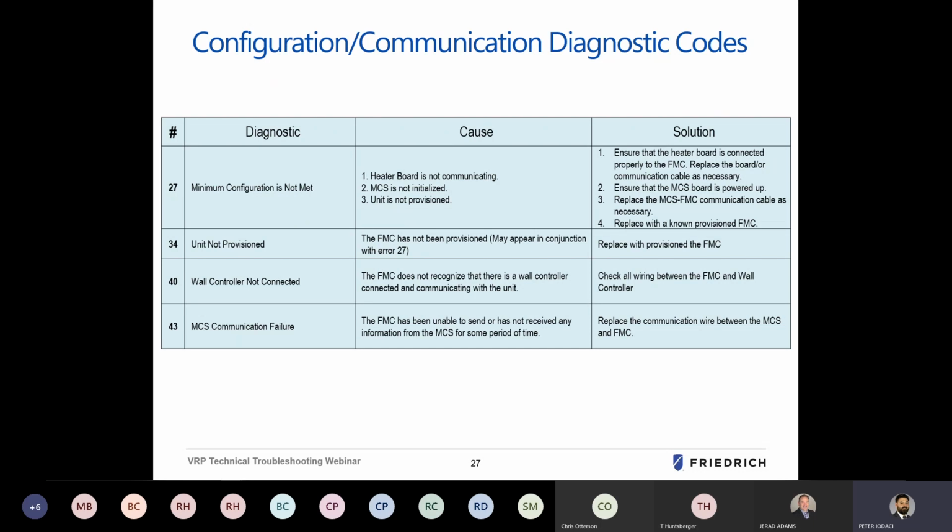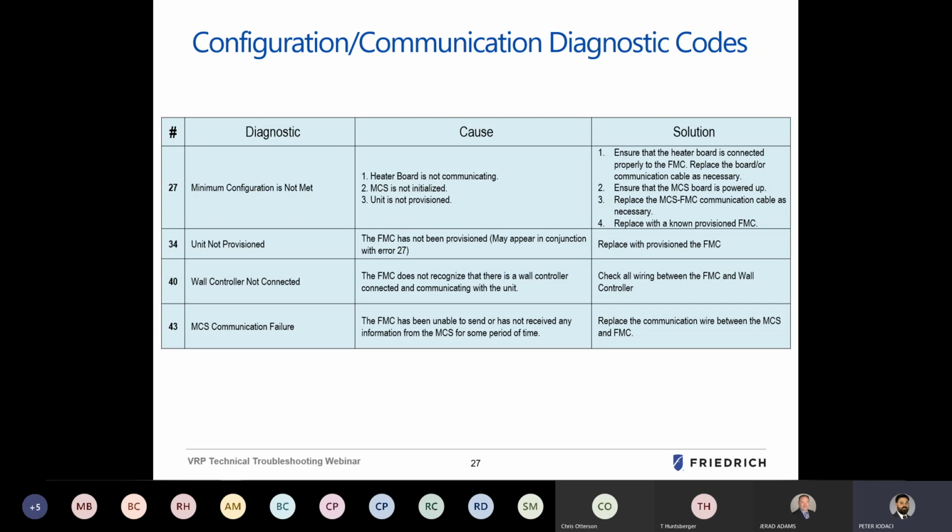So going over the communication and configuration diagnostic codes, starting with the error code 27, which we went over earlier, this is when the heater board is not communicating. So in order to troubleshoot the heater board not communicating, we want to verify that that green light is on the heater board. If the green light isn't lit, then there's probably something going on with either the board or the cable. We want to troubleshoot that and rule out the components, right? So we want to swap the cable,